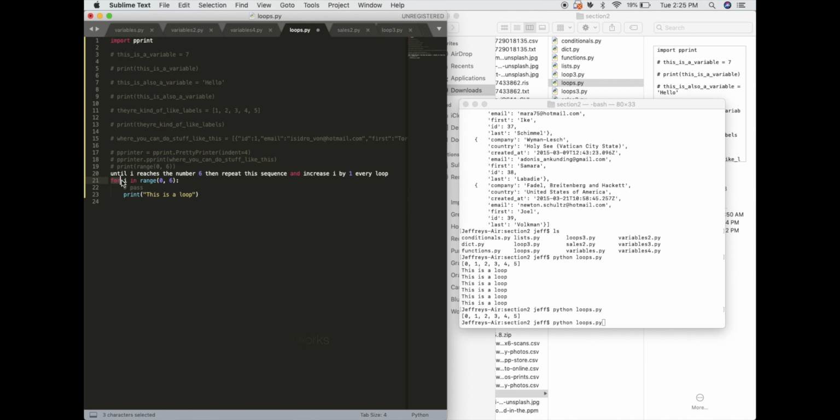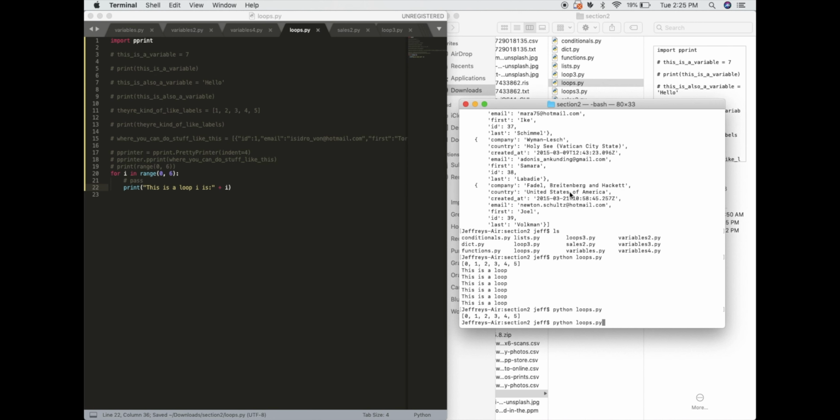So this is basically what this is equal to, the English version. A more succinct way to do that on a computer is for i in range 0 to 6, print this is a loop. And then we can add i is i to sort of show that this is true and